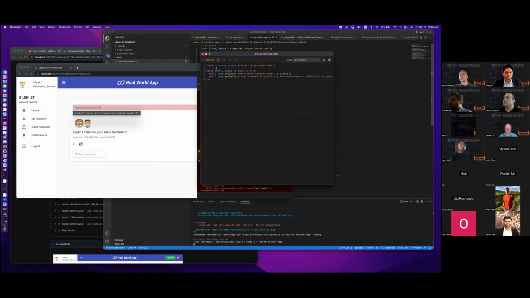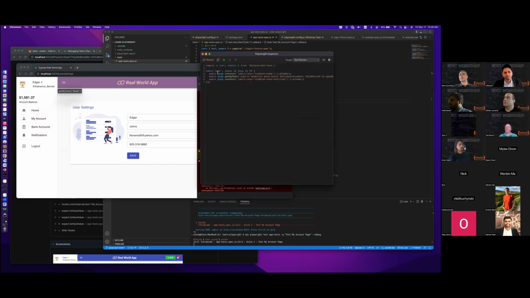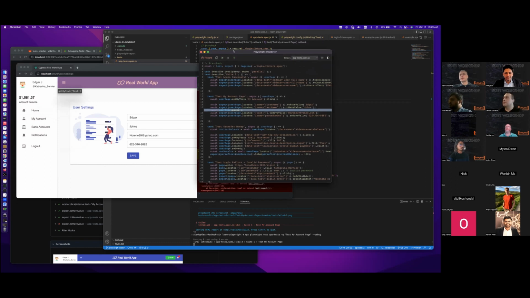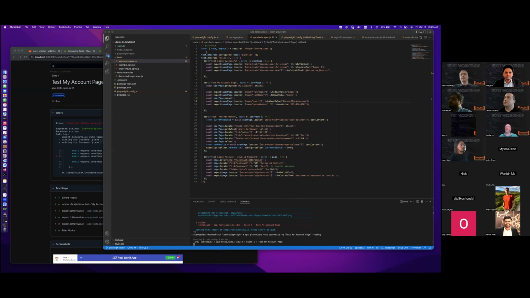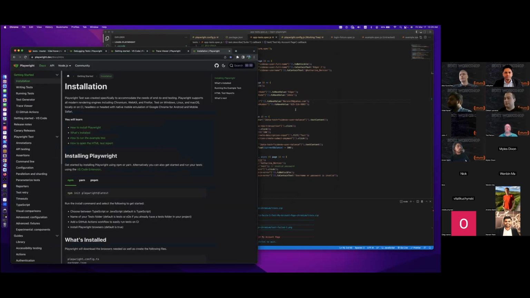Let's say this would be recorded as a simple Playwright test in JavaScript, as you saw. Then you can even change the language here to have it in PyTest, or in a different kind of NUnit style. Okay, but then let's go back to debugging. So that was pretty much all about the Playwright Inspector. Let me go to the second way to debug.